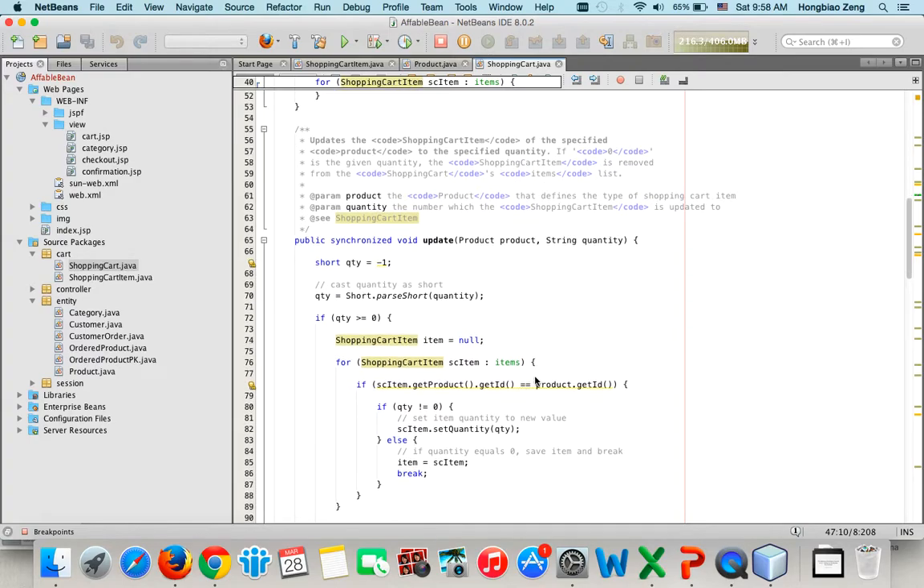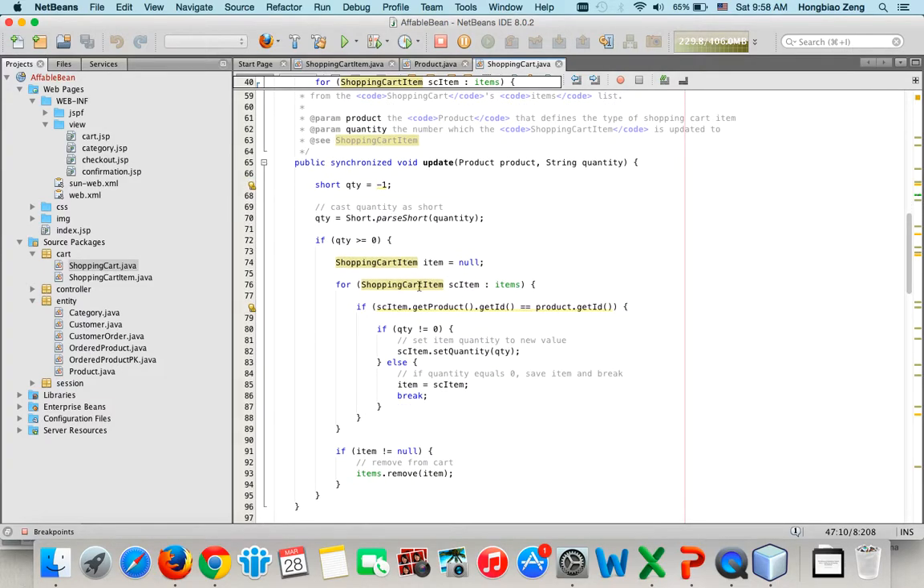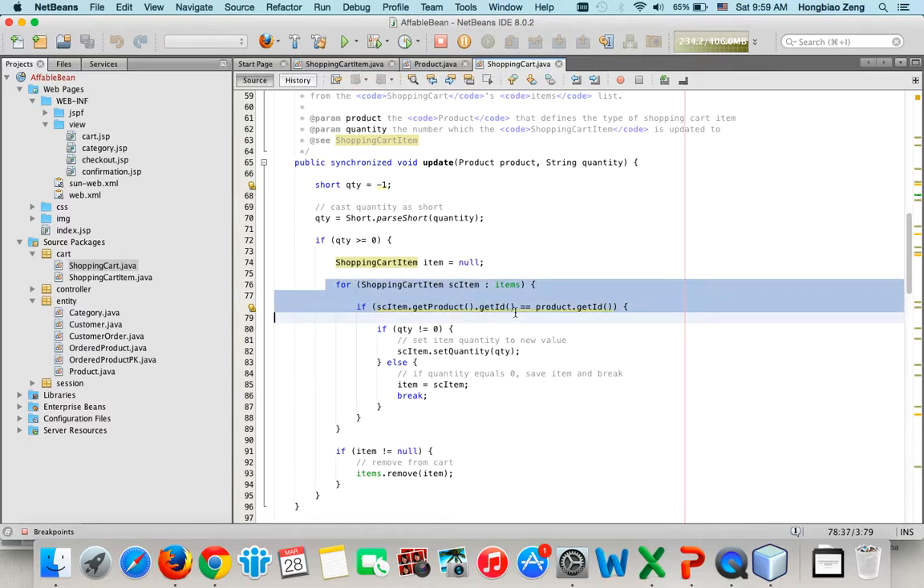Next method is the update method. This update method is used when the user wants to update an item in the shopping cart. So this method can only be called when this product really belongs to the shopping cart. So in that case, what do we do? Here the logic is this. Still go through the shopping cart item list. Then after you find this